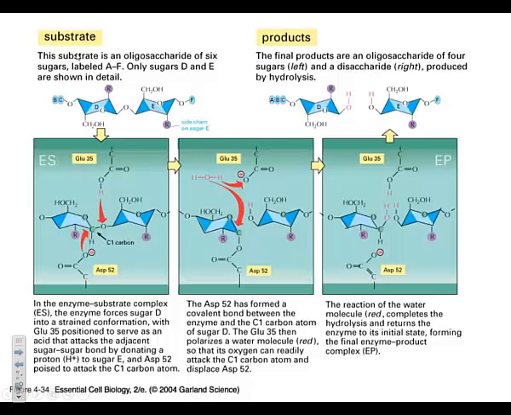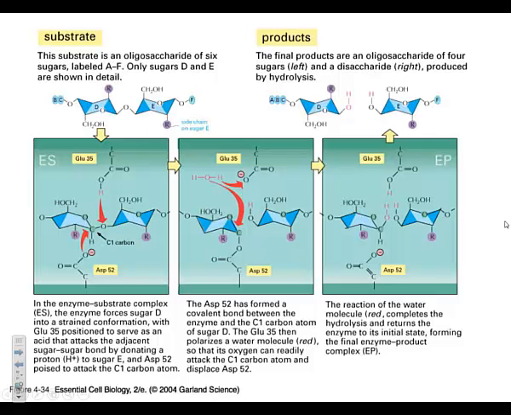And it attacks, so the charged oxygen of the amino acid, this is part of the lysozyme now, attacks the C1 carbon in the sugar, creating a temporary covalent bond. And then water comes in to finish the hydrolysis so that the product of the two smaller sugars can be released. Okay, so water is donating